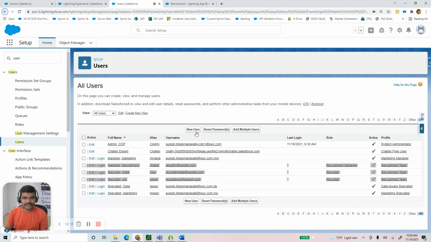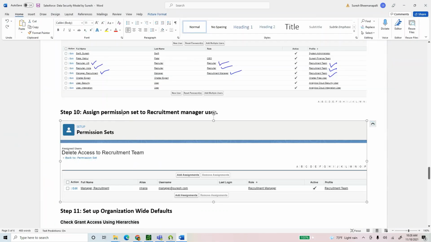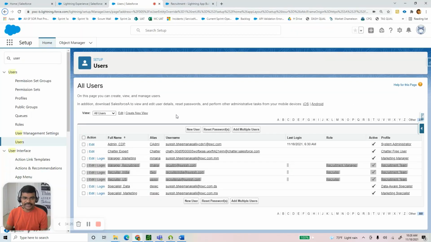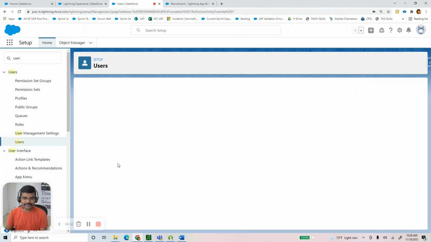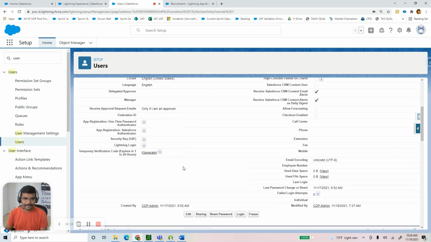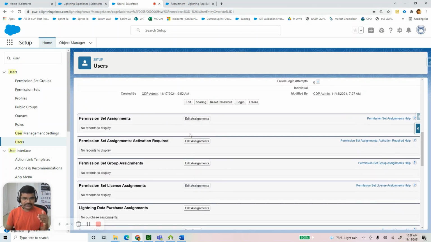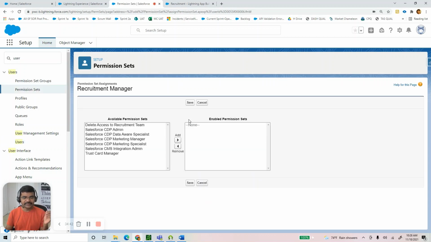All right. Now assign permission set to the recruitment manager. Now that we created users, we have the delete permission set. We'll give it to only the manager, right? I will go to manager, recruitment. And how do you do the permission set? If you come down here, there is permission set assignment. Click on that and select delete access to recruitment team